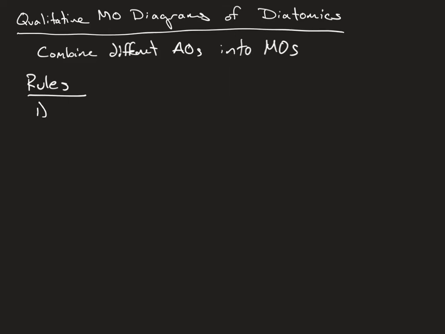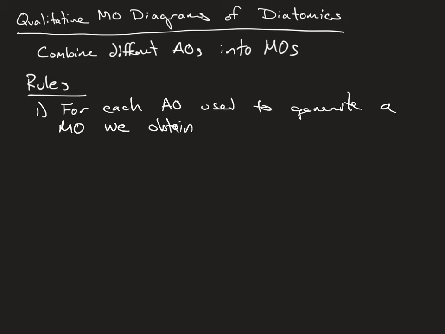The first rule is that for each atomic orbital used to generate a molecular orbital, we obtain one molecular orbital. So if we mix in two atomic orbitals, we're going to get two molecular orbitals out, and so on and so forth. The second thing is that atomic orbitals